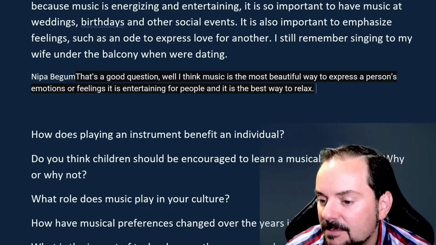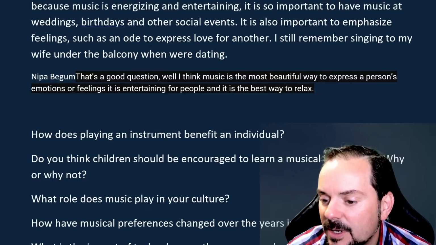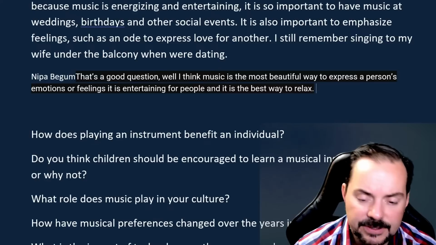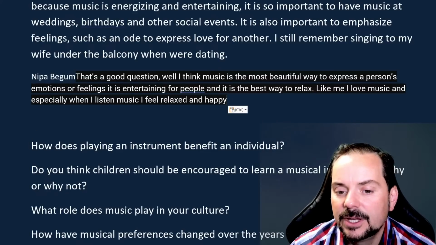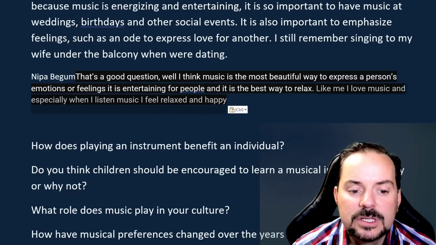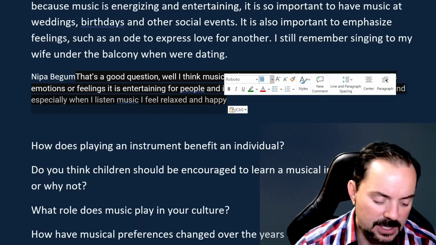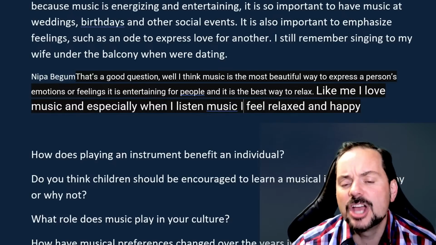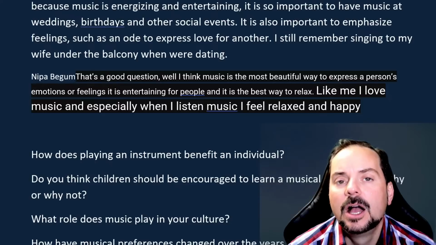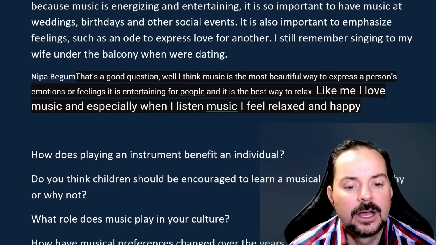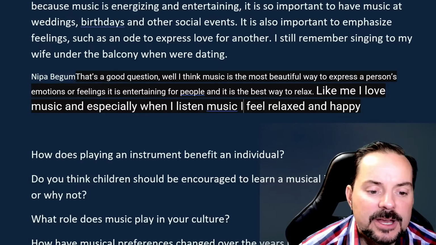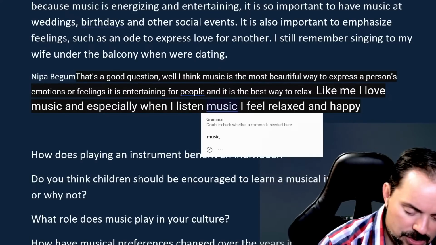So Nipa says, like me, I love music, and especially when listening to music, I feel happy. Nipa, this is kind of a general example that you're giving here. Like me, I love music, and especially when I listen to music, I feel relaxed and happy. So Nipa, that's kind of a general example. Students, when you're giving examples for your answers, try to be really specific. Like me, I love music, and especially when I listen to